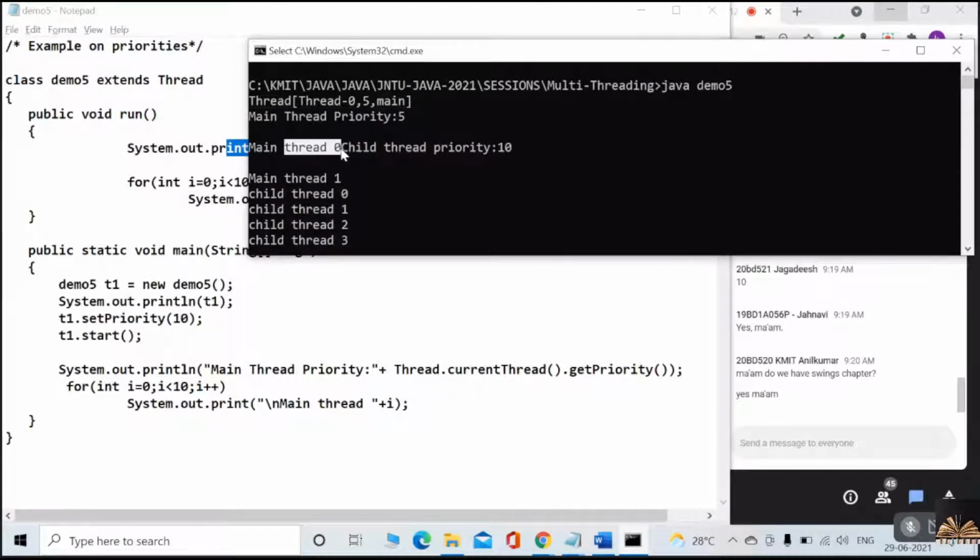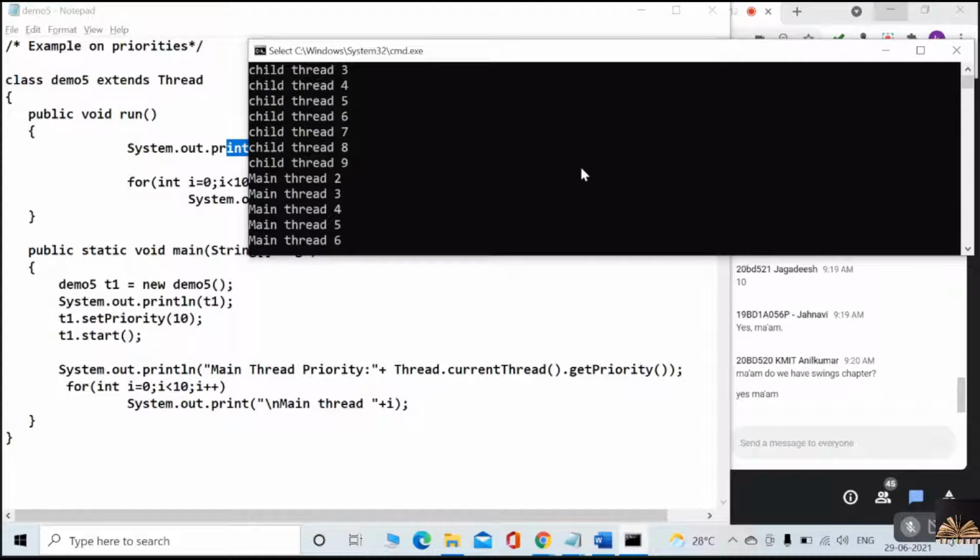And then this got executed, and then the child thread got priority got printed. That shows the priority may influence your thread scheduler, but we cannot rely on that. That statement is true for you to consider. Okay,